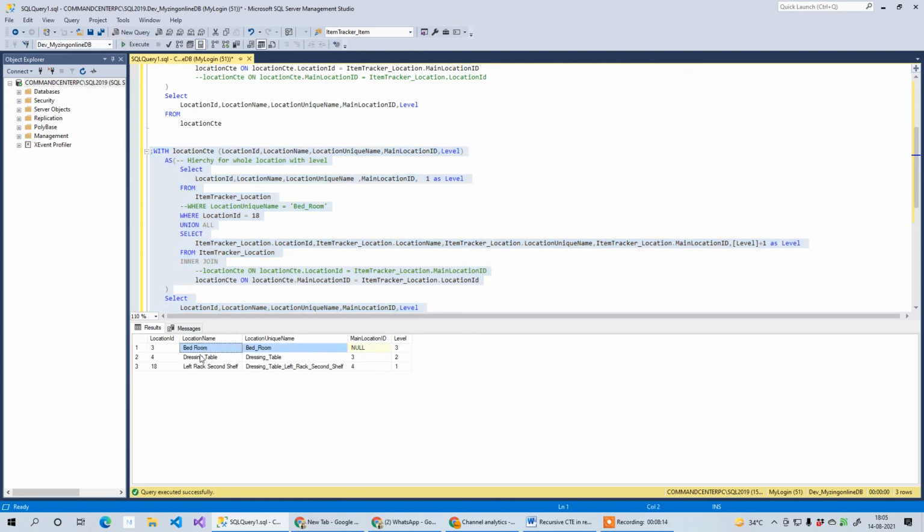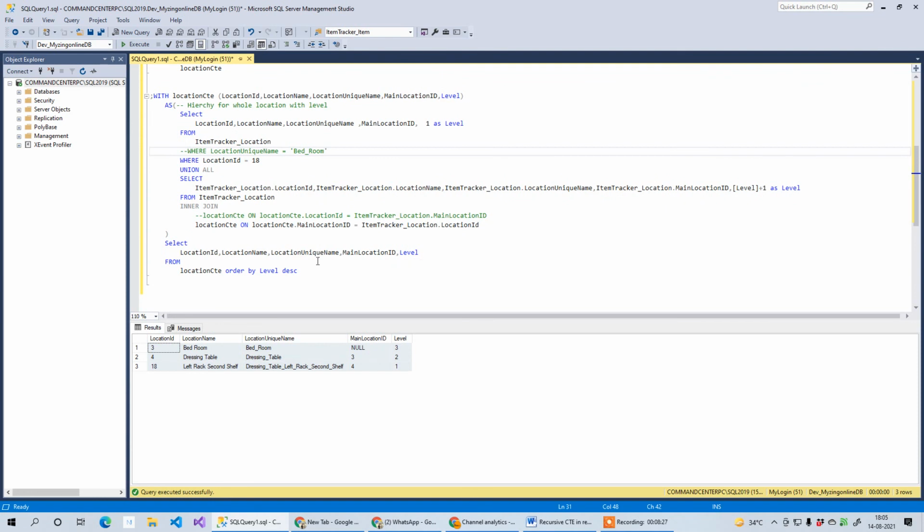So it will read: your item is found in bedroom, inside dressing table, inside left rack. So that is how you can use recursive CTE in reverse order. So all you need to do is change the conditions and the entry point in order to execute it.